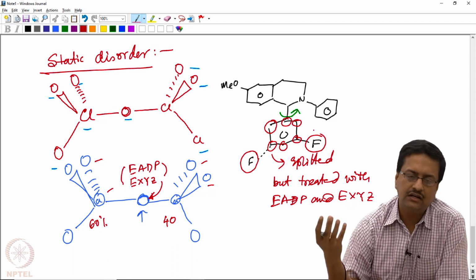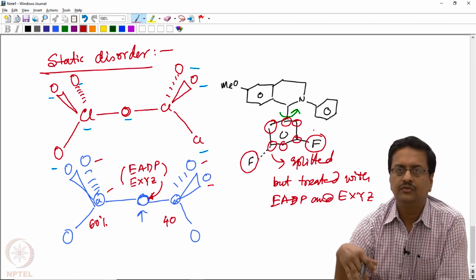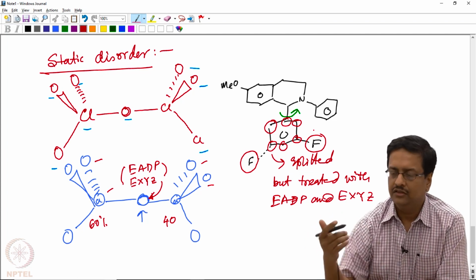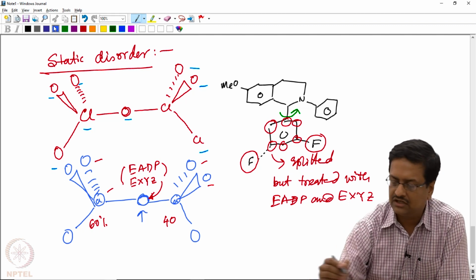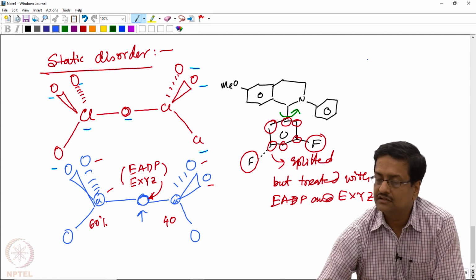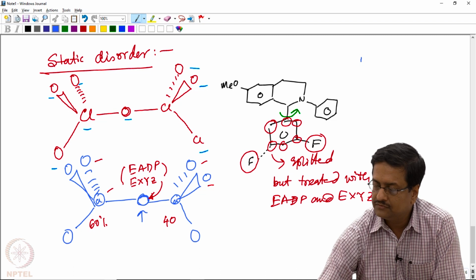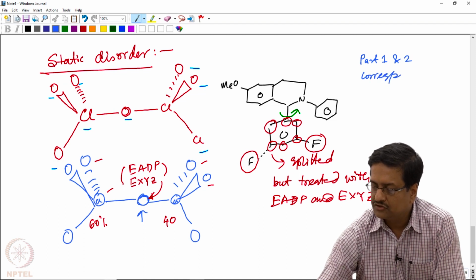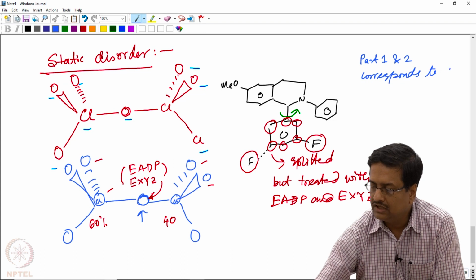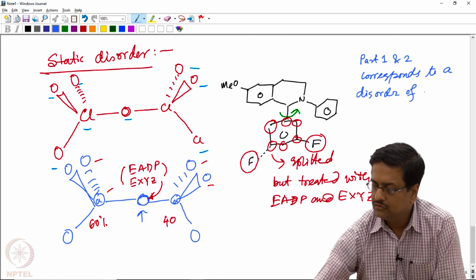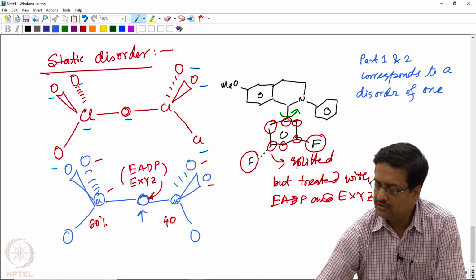In case in one particular crystal structure, you have more than one group of atoms having different types of disorder, then the thermal parameters or the occupancy parameters that you encounter should have continuous numbers. So suppose part 1 and 2 correspond to a disorder of one perchlorate group,